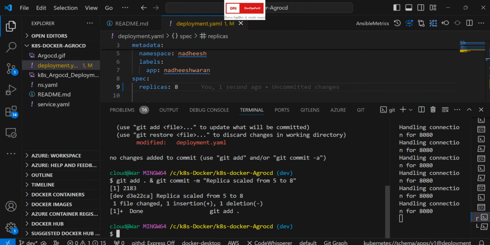Okay, so I'll push this, and I cannot push all the changes directly to my GitHub repo, that is the main branch. I have a git policy enabled, branch protection policy enabled. For that I will show you in a while. Okay, now I am pushing this to origin